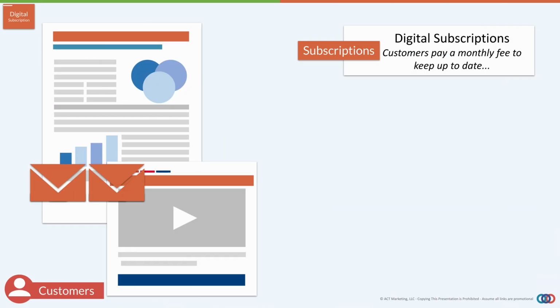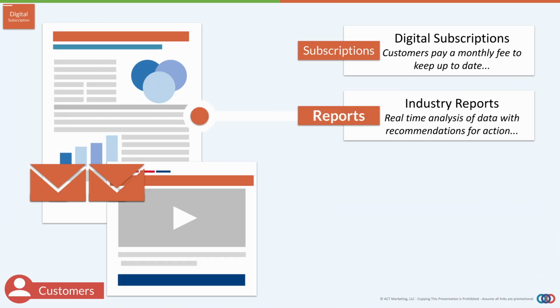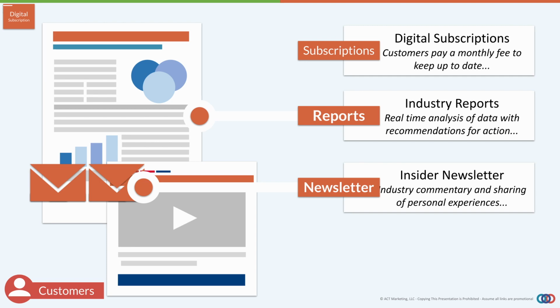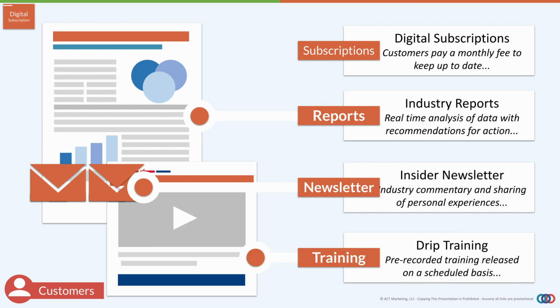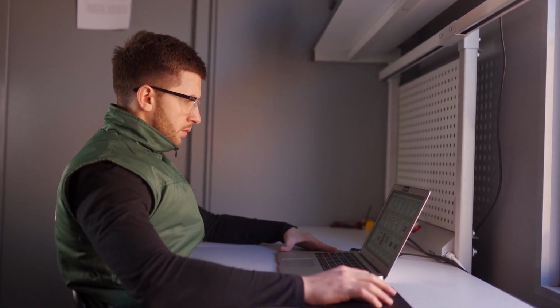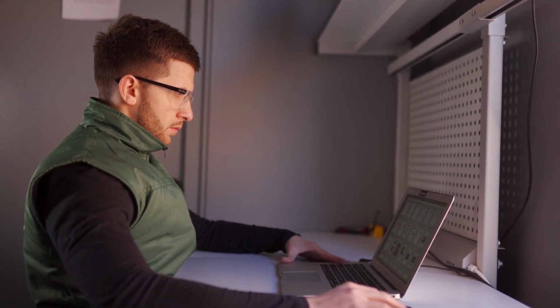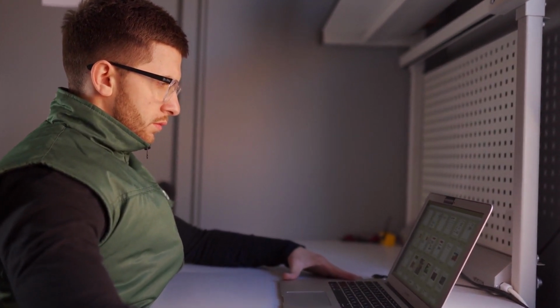Next, we have digital subscriptions, and this is a great way to start adding some simple recurring revenue to your business and funnels. Here we can offer a series of reports, an email newsletter, or some sort of dripped content. Now, this doesn't necessarily work in every niche or industry. The main idea here is that we're providing some sort of just-in-time information or analysis in our niche or industry, or sharing our own experiences so that people get up-to-date information they can apply to their own